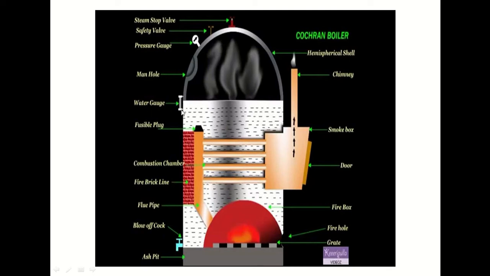By using the water level indicator we can see how much water is available in the boiler. If less water is available, then water will be circulated into the boiler. Then this is a manhole, required when maintenance is needed. Through the manhole a person can be taken into the boiler and maintenance will be carried out. Here is the pressure gauge, to measure the pressure generated by the steam, and these are the safety valves. The flue gases will flow through the chimney in the upward direction.